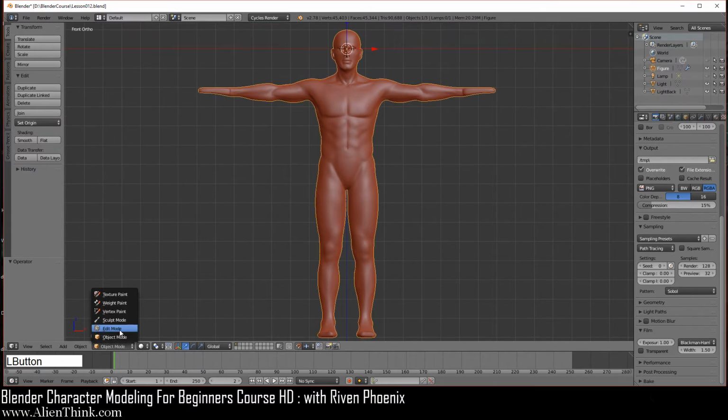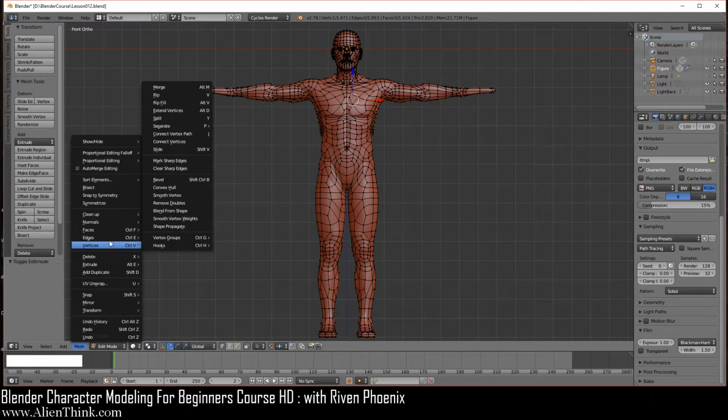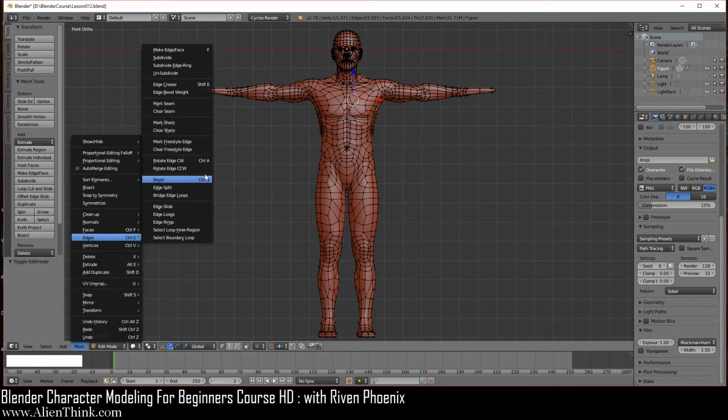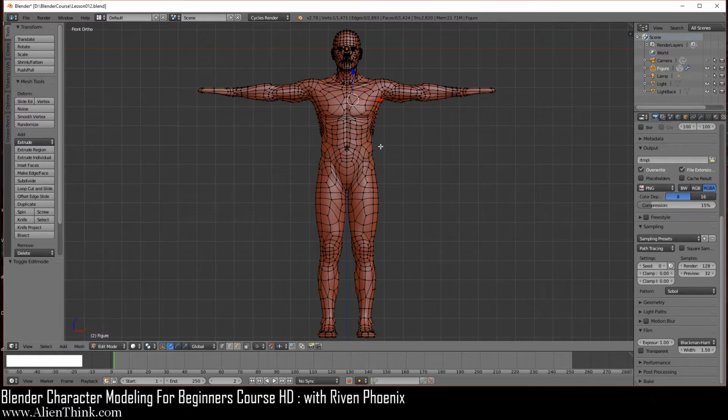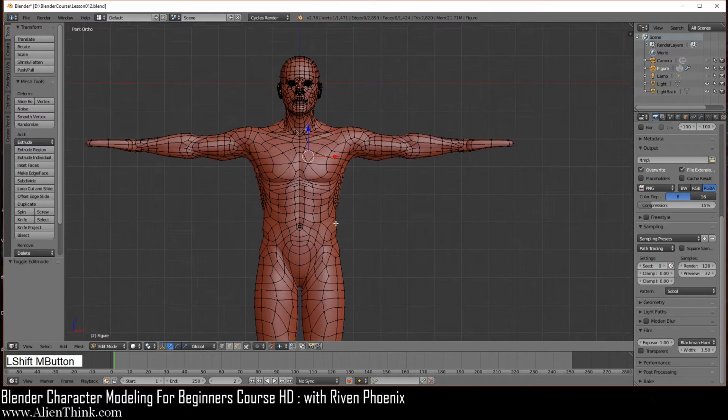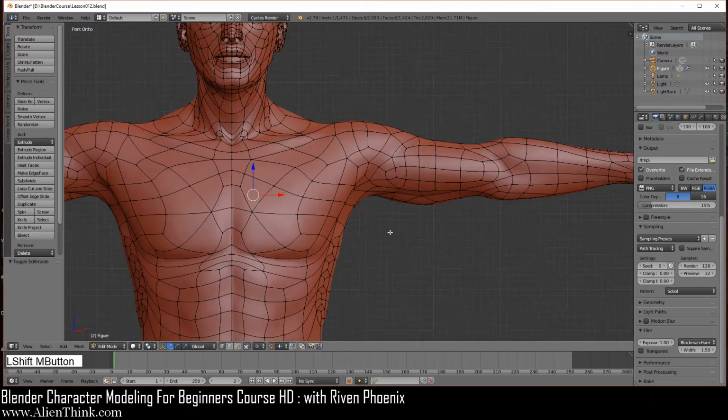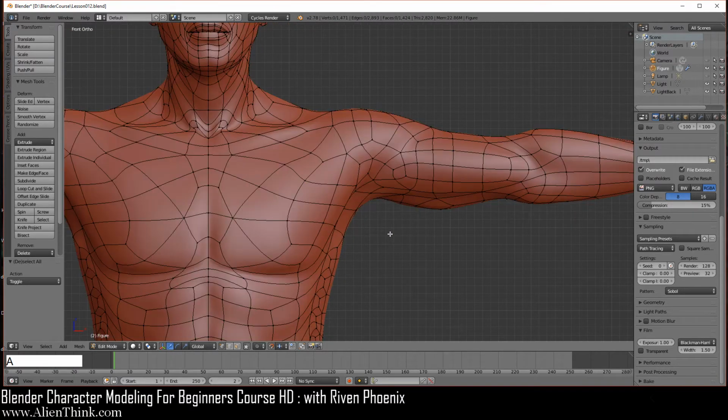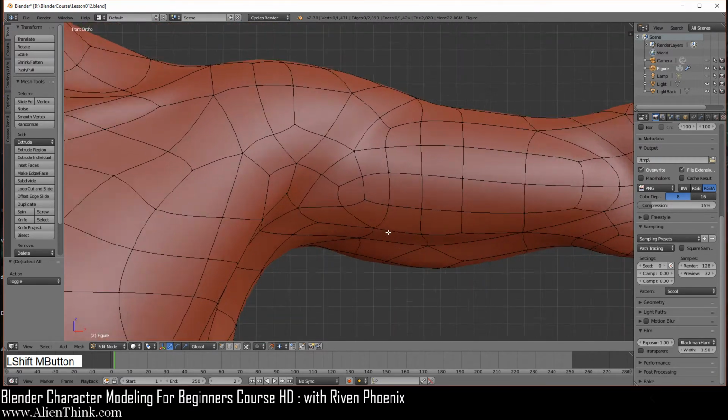And of course, under edit mode, under mesh edges, make sure that your shortcut key is enabled if you close Blender and open it back up. Okay, so before we move on into the foot, I'm just going to do A to select everything and A to deselect everything. Just going to show you over here.